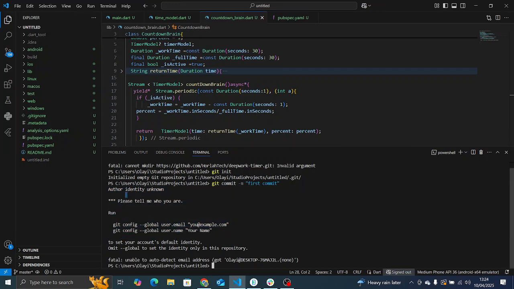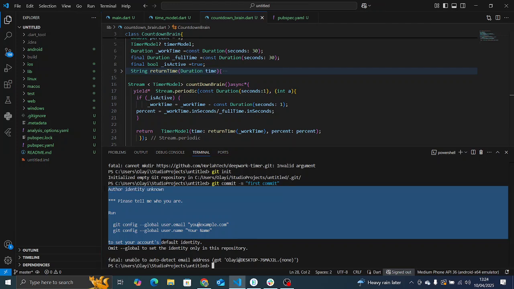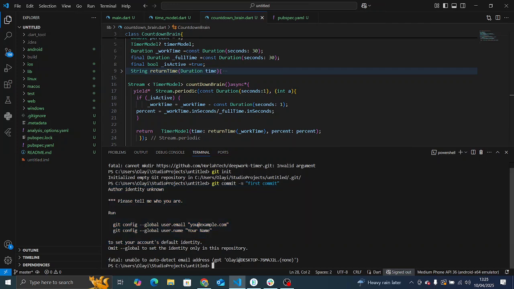This error is coming up because I have to log in first on my computer. That is, I have to log in locally, my Git locally. So to log in, you do something like